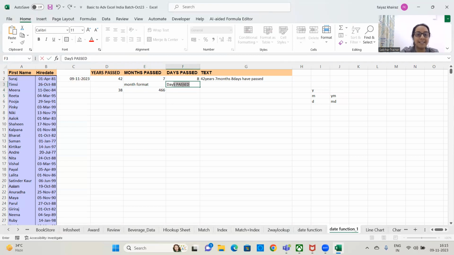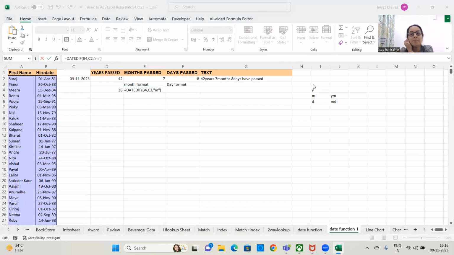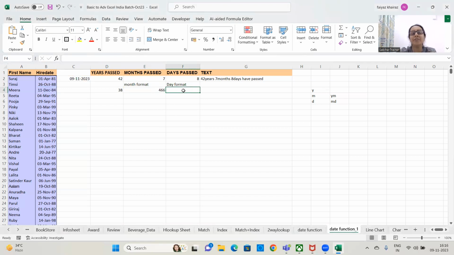If I want day format, what do I mean by day format? How many days have passed? Days format generally people take for dispatching of goods. You know, when was the product ordered? When was it dispatched? Or when was it delivered? How many days did it take between that particular time interval? So in that case, we have day format =DATEDIF